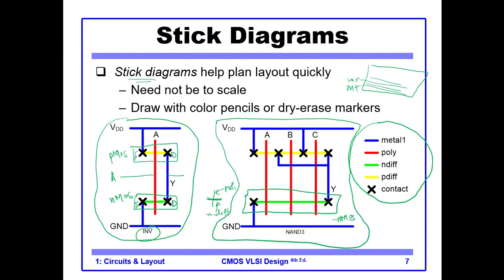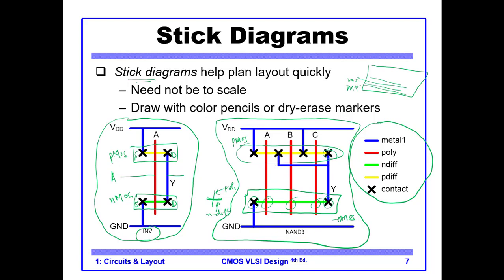How many NMOSes? 3. 1, 2, 3. The source of one NMOS is connected to ground. The drain of this is connected to the drain of this. Okay, and here we have 3 PMOS,